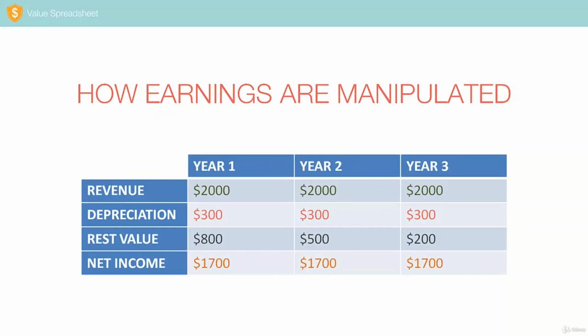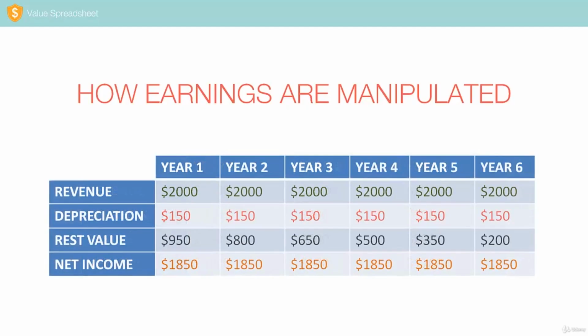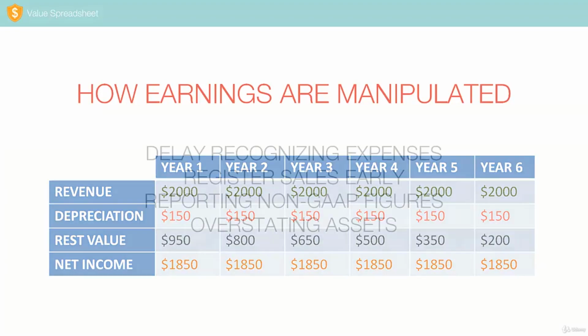It is easy to see how this arbitrary method can be misused to make the earnings appear a bit higher. If management simply decides to depreciate the laptop over 6 years instead of 3 years, lowering depreciation from $300 to $150 per year, this way earnings instantly rise from $1,700 to $1,850, while nothing has fundamentally changed. You understand how tempting this is. Luckily, regulators are taking actions to minimize the use of this accounting trick.